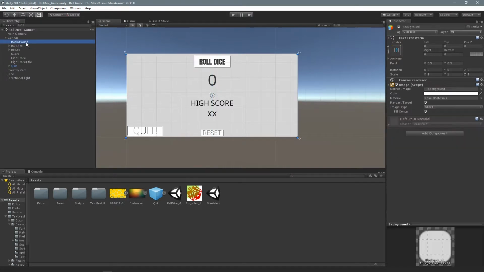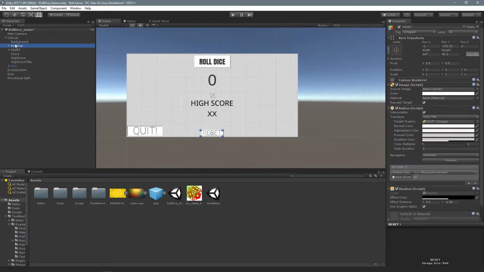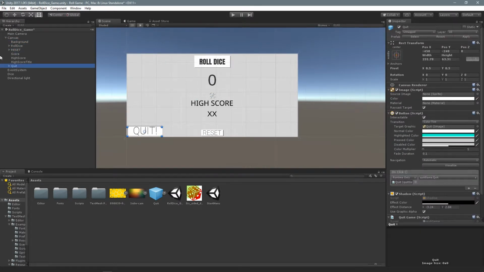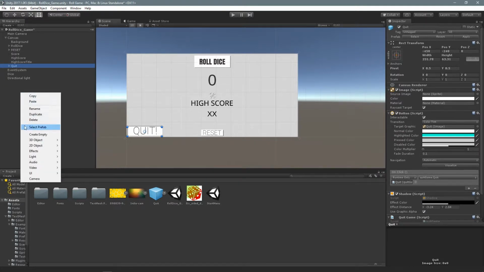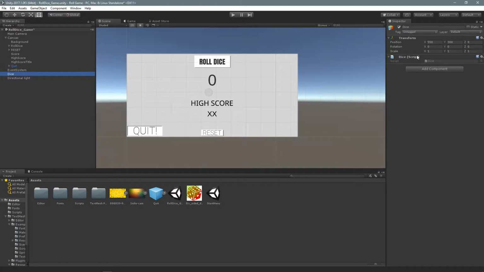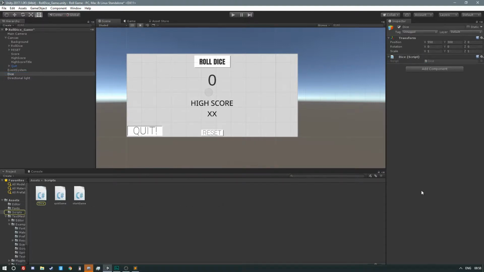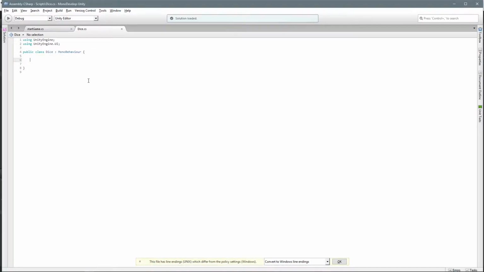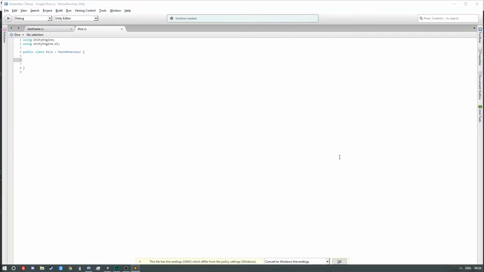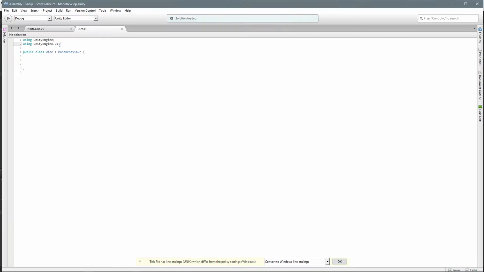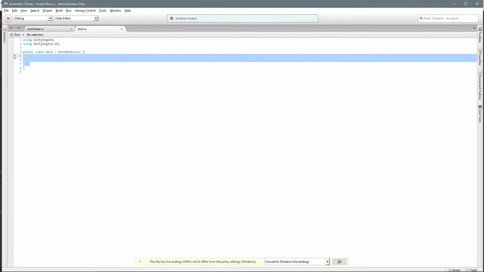And then just pause the video and create it. And then you're gonna create an empty, call it dice, and put a script on it called dice, so you can open it up in your editor. Before you do anything, delete all the stuff here like void start and void update, and put